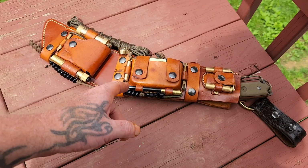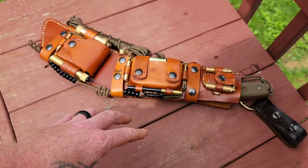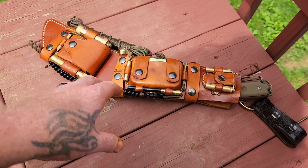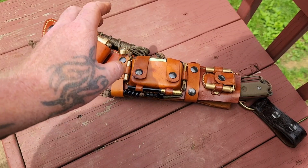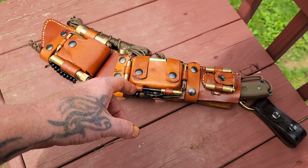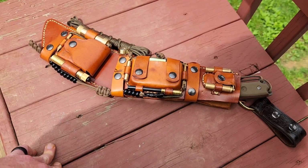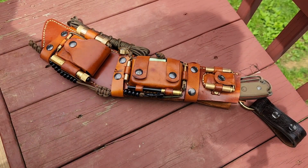And you've got to organize. Putting these sheaths together is not easy, because you've got to organize where everything's going to go before you even start building, or you'll paint yourself into a corner. It's like mopping the floor, you know what I mean? If you mess up one step, you can't go backwards, because when you start going backwards, you're tearing the project apart. So you've got to keep that in mind. I've been doing this a long time, many years, and so it makes it a lot easier for me to,